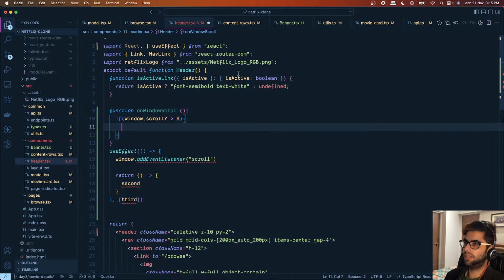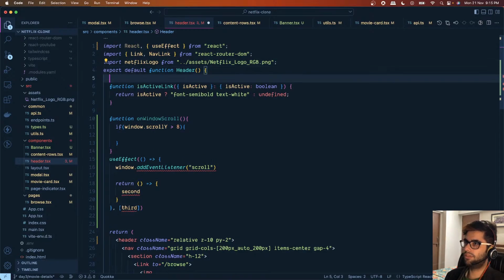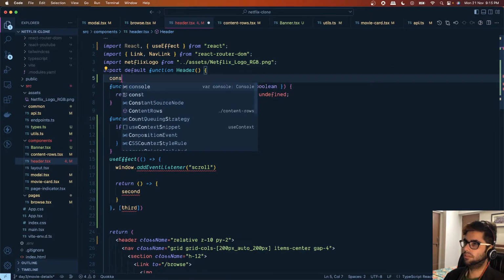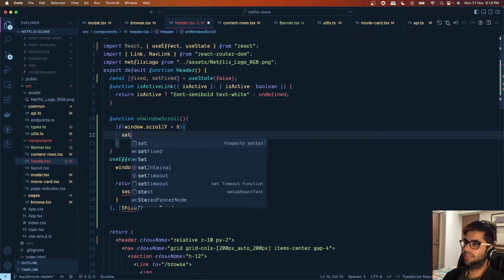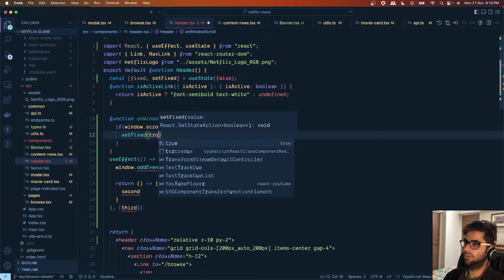Then we create a state, const fixed, initially false, and we set fixed to true,